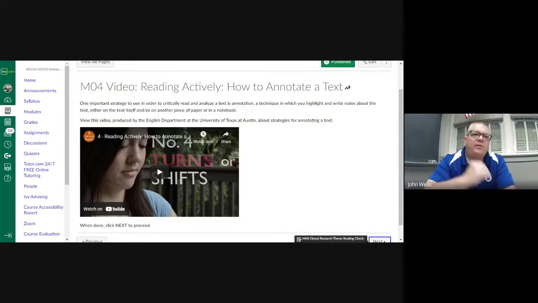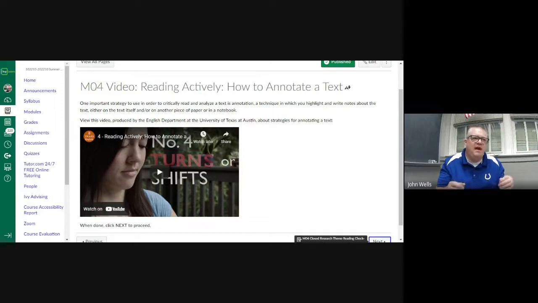Okay. We know that if we can get you to slow down, you're going to get more out of the text. We also know that the more we can get your hands onto the text, the more you can manipulate the text, the more you're going to retain. And then that also slows you down. And we know that those two things help you retain more information. I mean, think about this. If somebody's describing how to do something, okay, you do this, this, and this. Here's the tools. See it. It's really hard to do because you don't have any experience. You have those ideas in your head, all right, but you're not really sure.